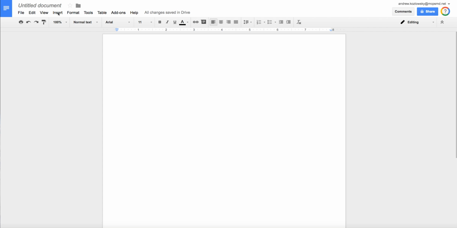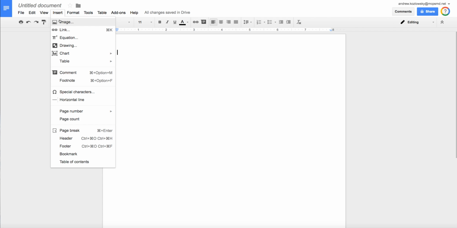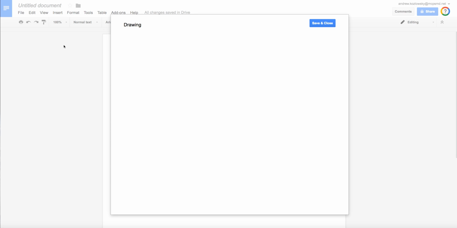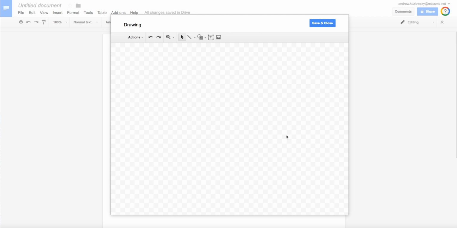So let's go to Insert first. Pull down this menu. We're going to go to Drawing. And you're going to see this is the backdrop. This is our template of a blank drawing. And we have some things here you can add, you can redo or undo. You can magnify. When you want to just select something and move it around within the drawing, you can use this. You can insert lines,